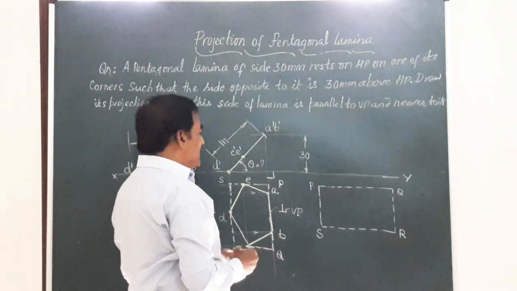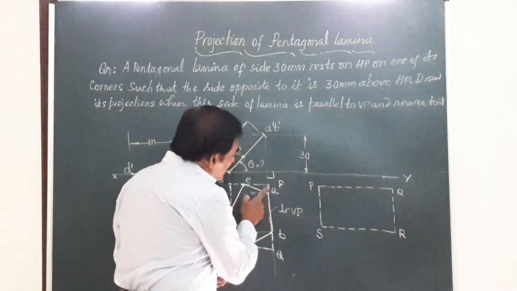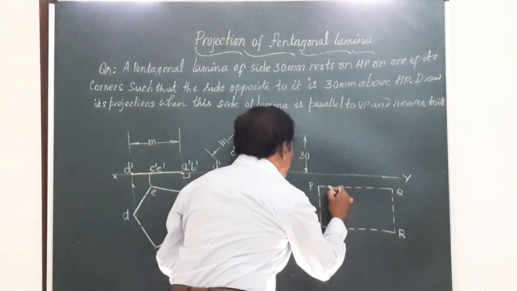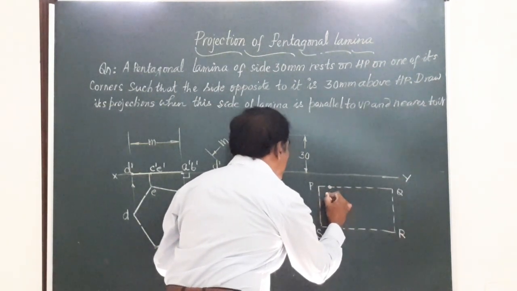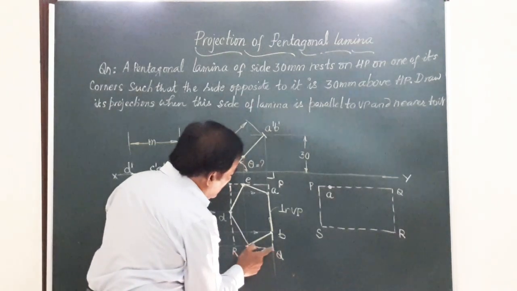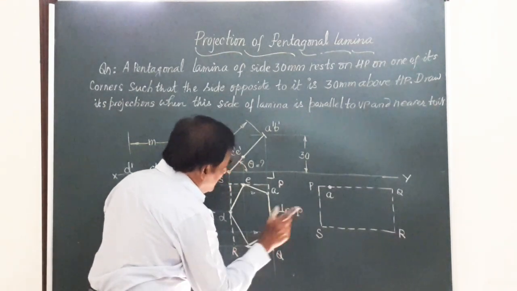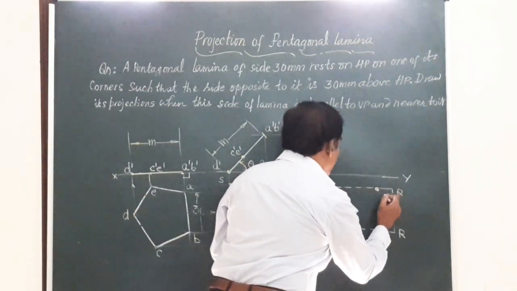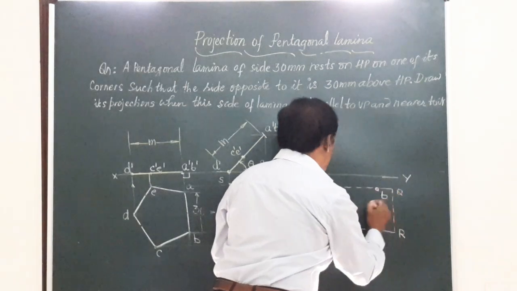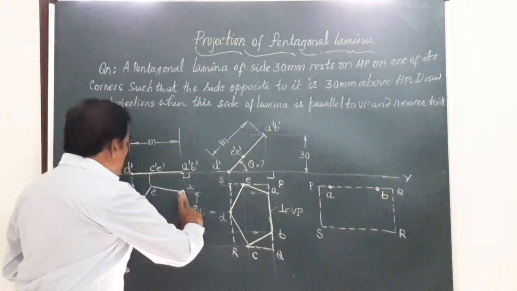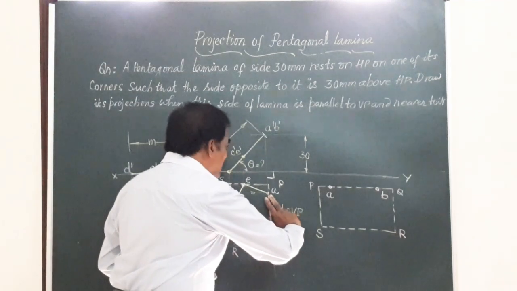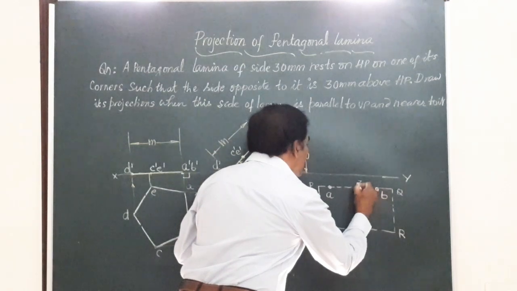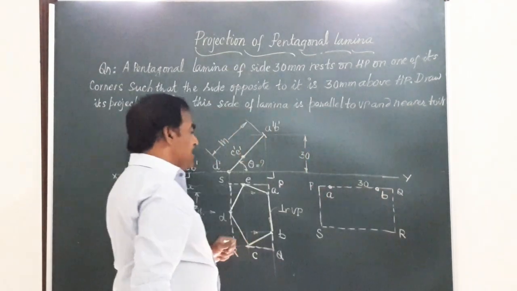I will start with the point A. Friends, A is on PQ at a distance of so much, so I will mark this. That's going to be the point A. Then similarly, I am going to mark B at a distance. Remember, PA is equal to QB, so from the other end, I obtain the point B here. Remember, this AB in the second view and AB here will all have the same measurement, 30 mm, because it is parallel to HP.